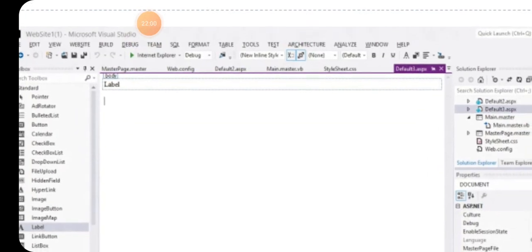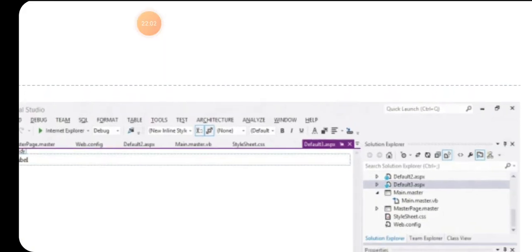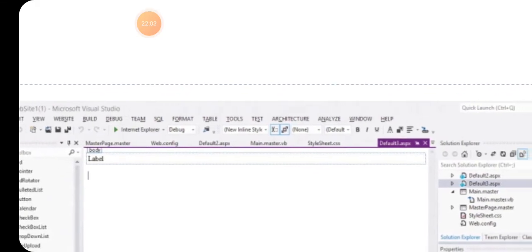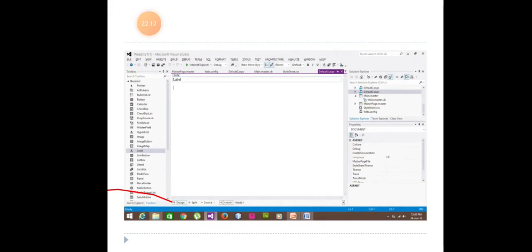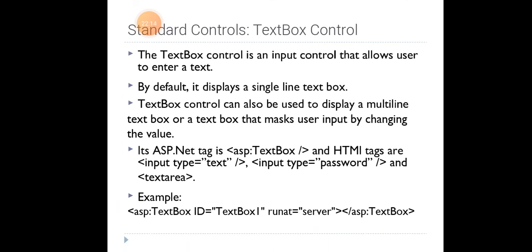Here the label box is displayed as Label because in the code we specified Text equal to Label. Okay, got it students?